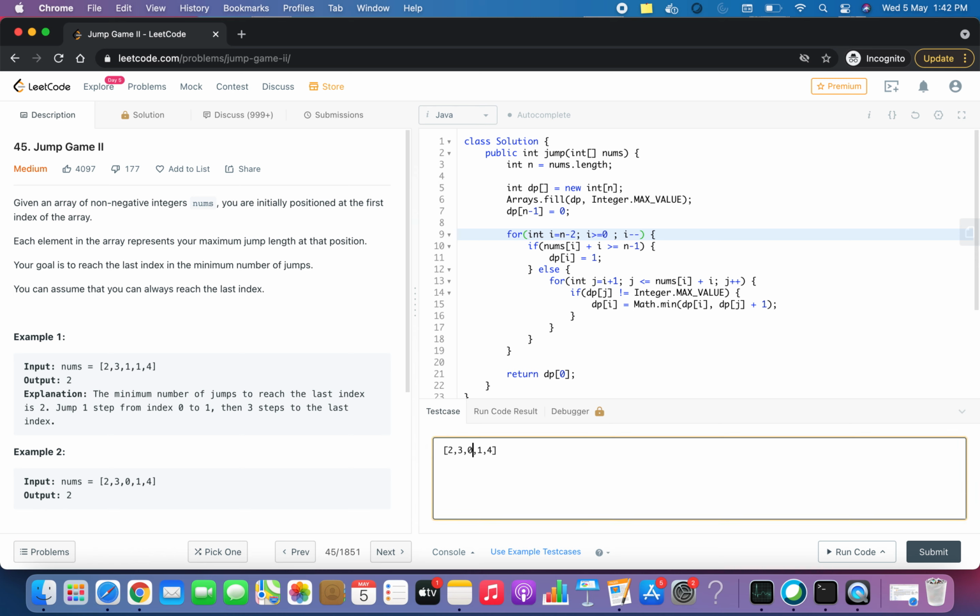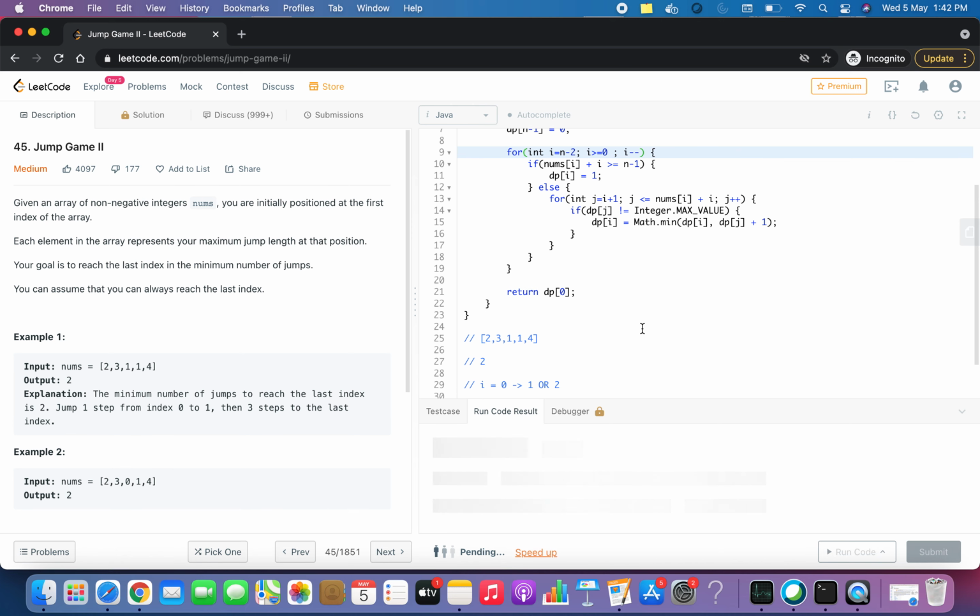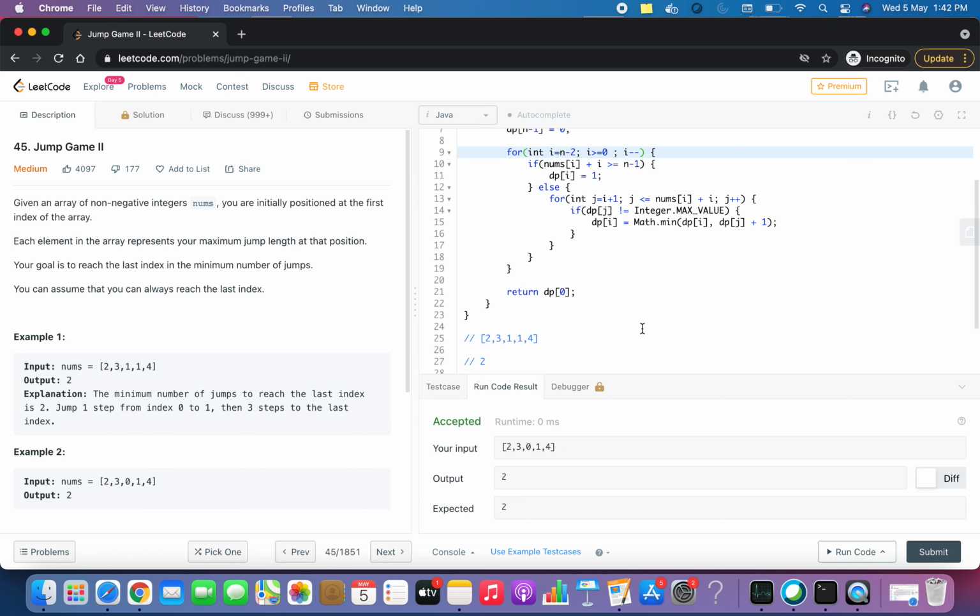So let us move to this case also. See, this is getting accepted. I'll show you the formation of the dp array also, so that you will be able to understand how the values are stored. So System.out.print dp of i.